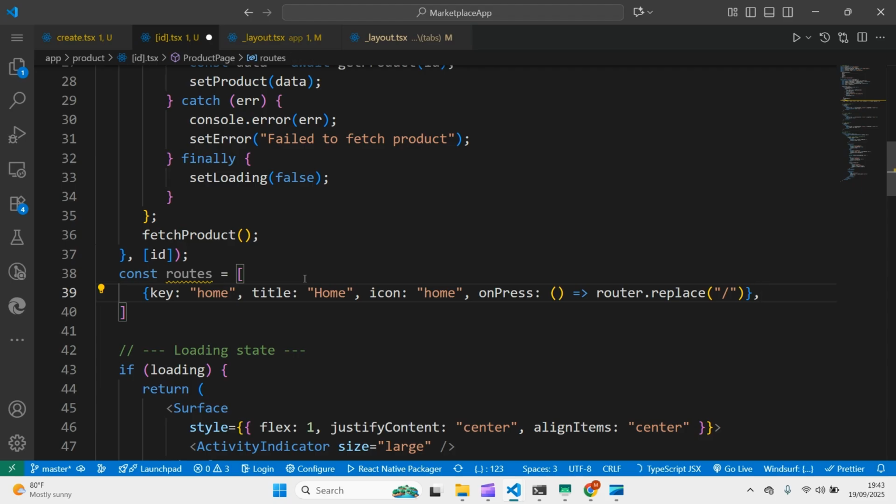home, and title, home, icon. We can get the icon and onPress. So we want to pass that route there on press. You can pass onPress here. So we're going to loop over them, or we can simplify this by just doing